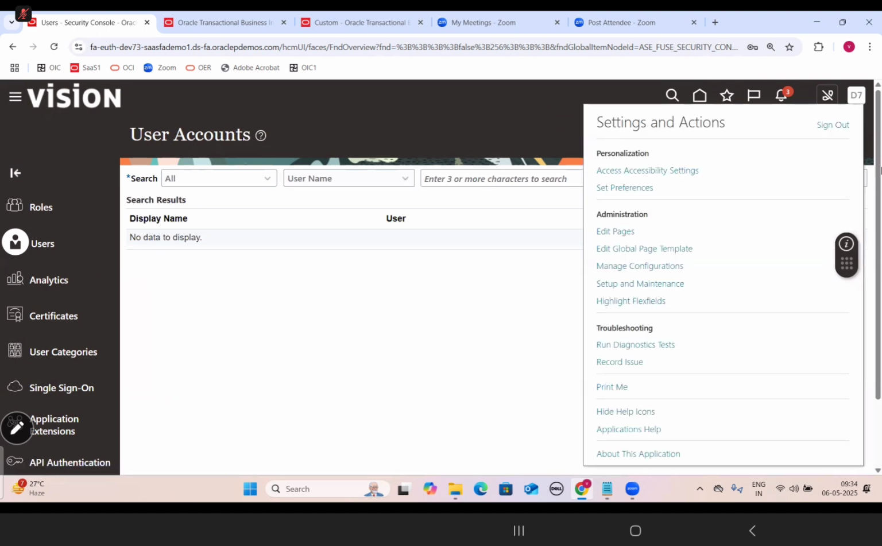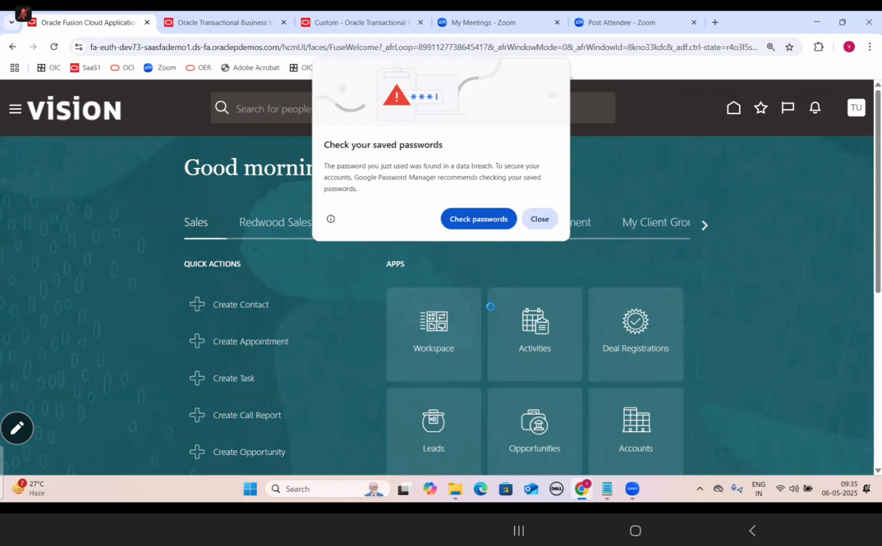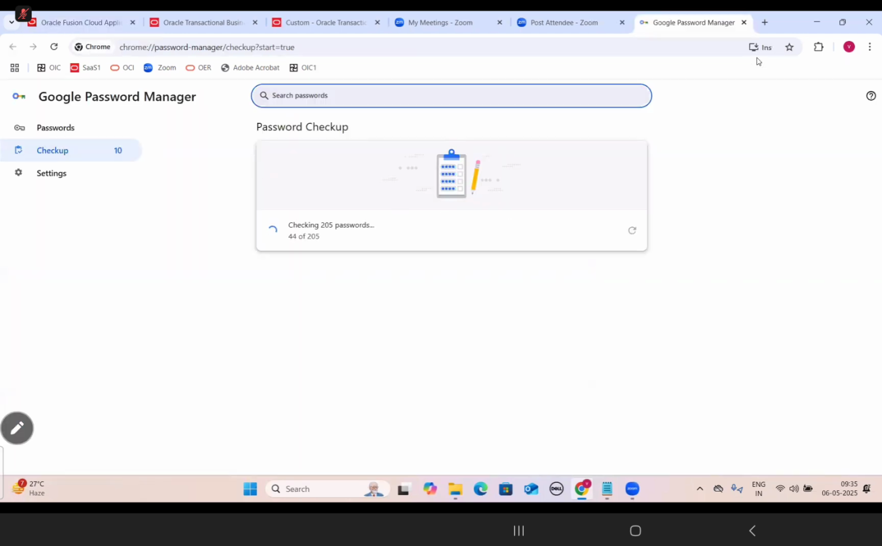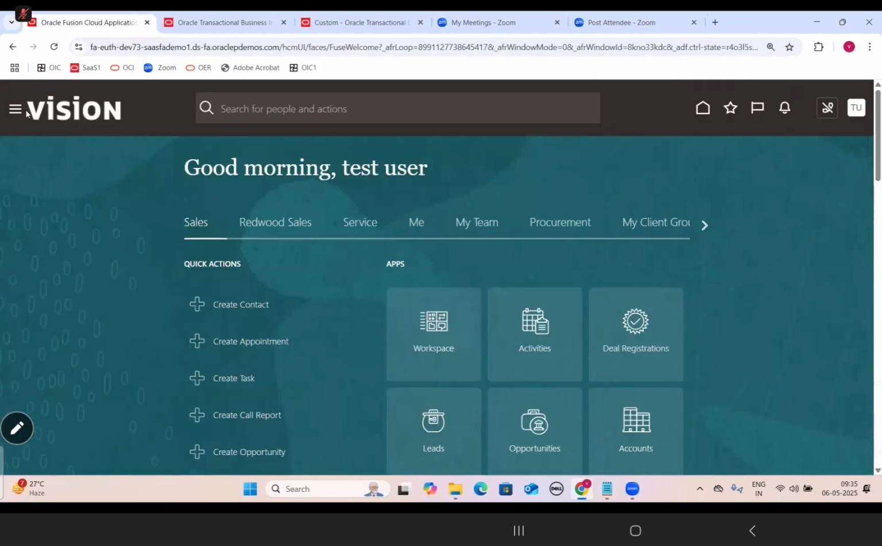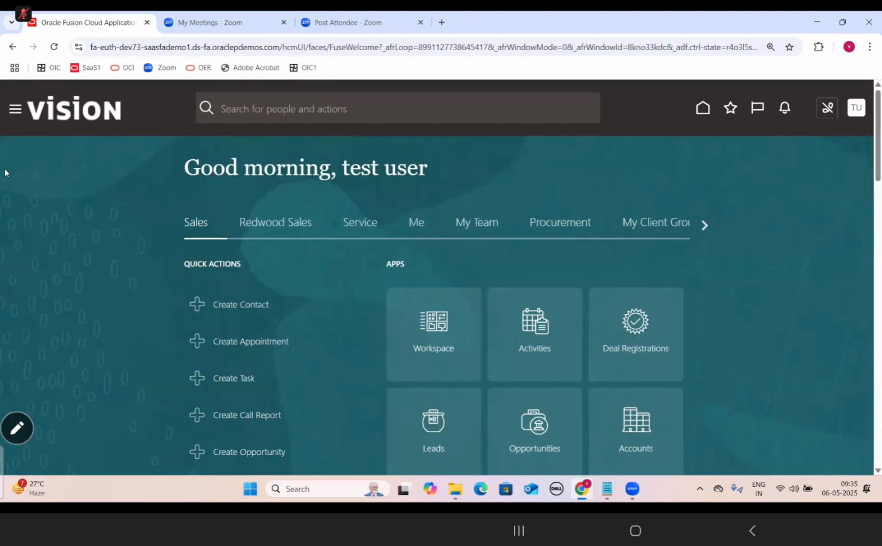So now what we will do? Sign out from this user. Test.user. Now test.user, you will not see that invoice data model and invoice data report. So for that, what I will do here,